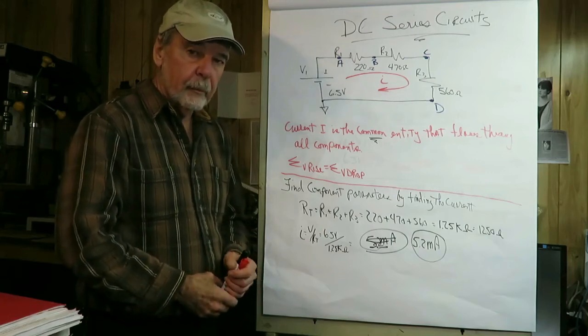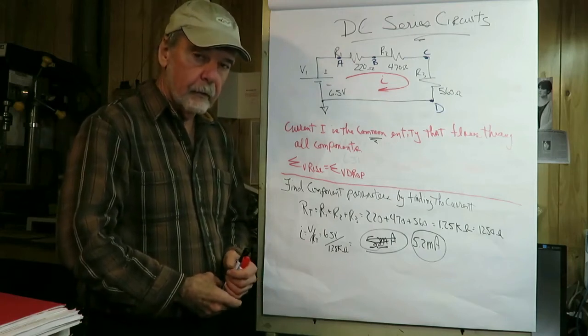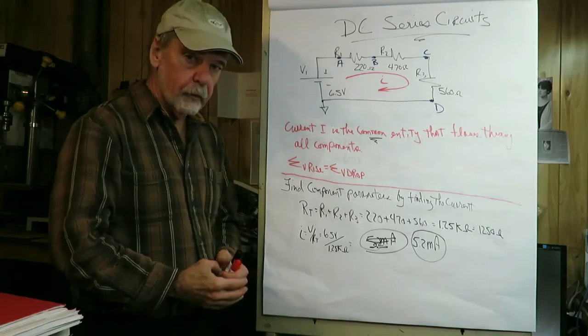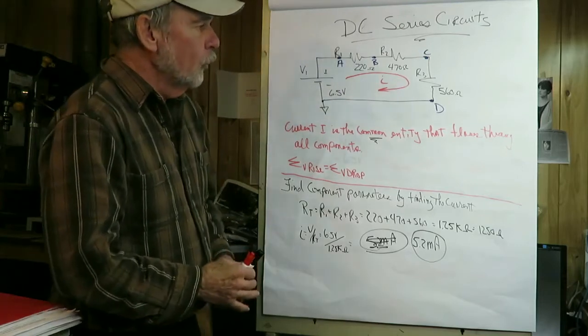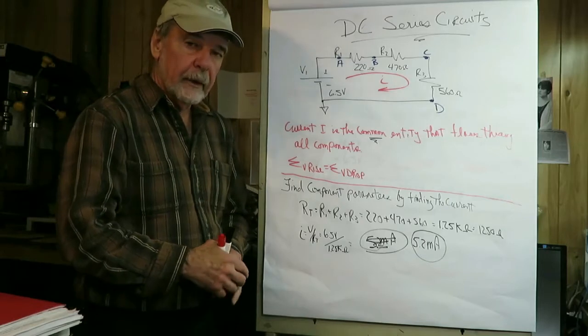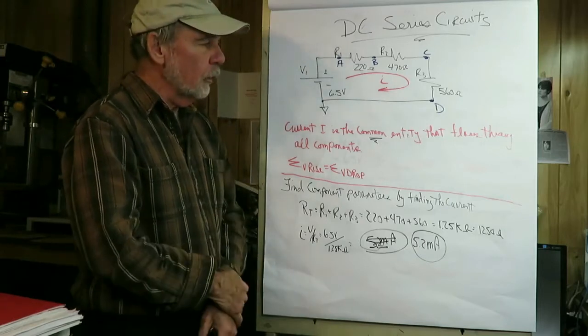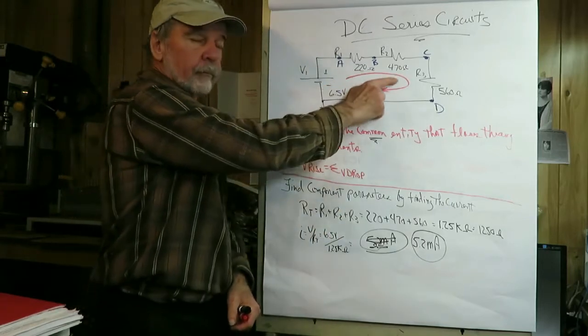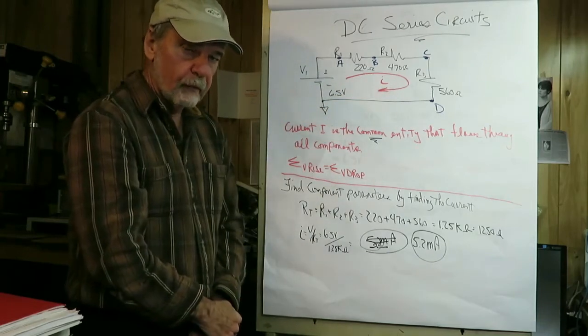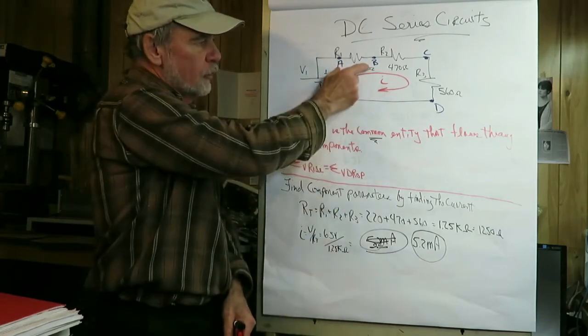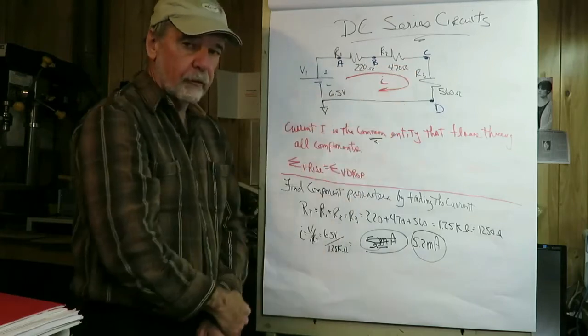Hi, my name is Jim, and the topic for today is DC series circuits. When we have a series circuit, the common parameter, I guess I'll call it a parameter, is the current. The current's common, it flows through everything, even though the voltages across the different components of the circuit